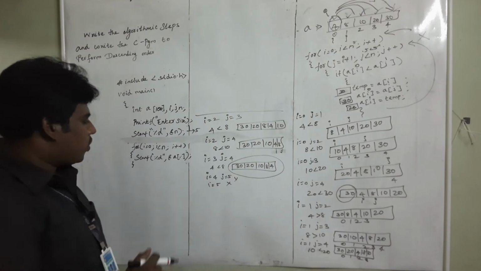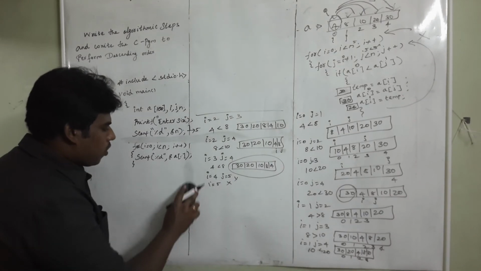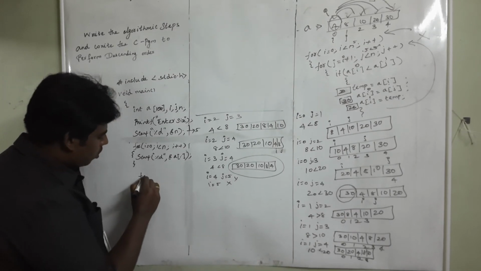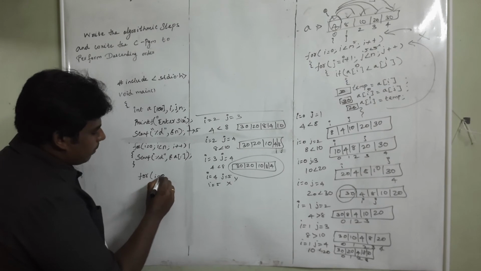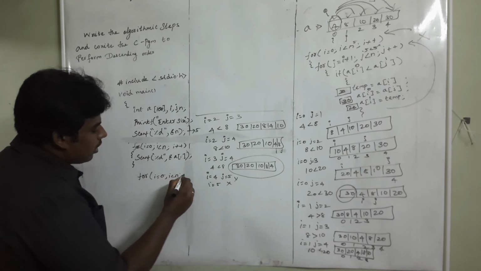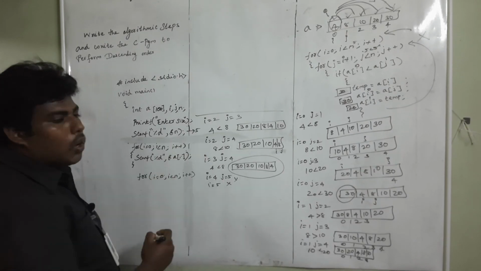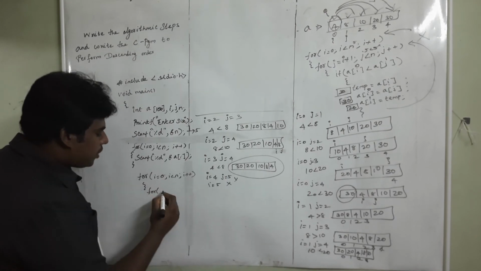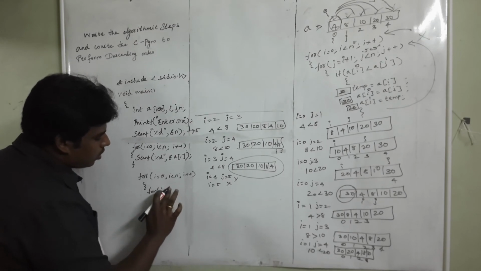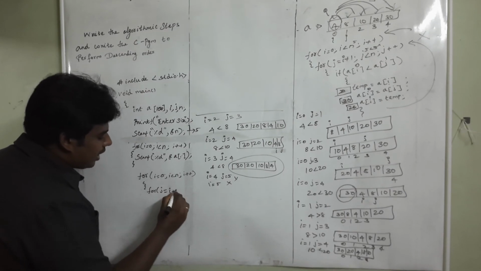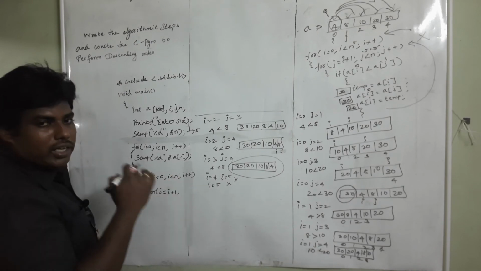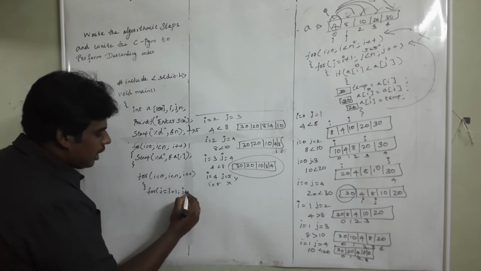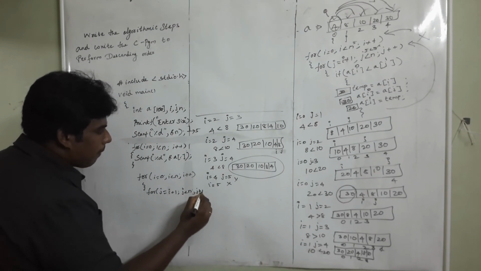This is the logic I am going to write here. See the program. Now how many loops are required? 2 loops. So for i equal to 0, i less than n, i plus plus. This is the outer loop. Then for j, for taking the next value, j equal to i plus 1. I want to take the next value. So i plus 1. If i is 1, j is 2. If i is 2, j is 3. Okay. j less than n, j plus plus.